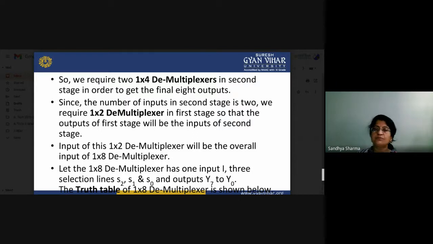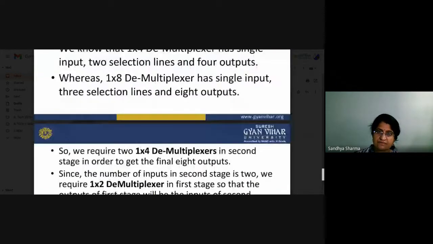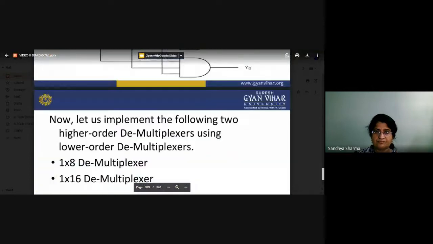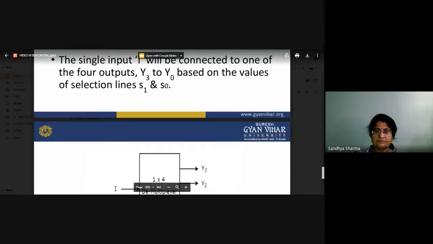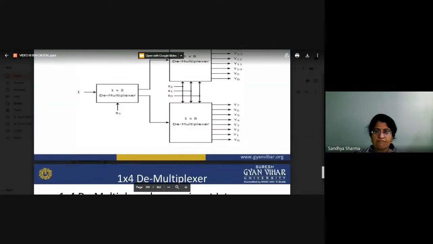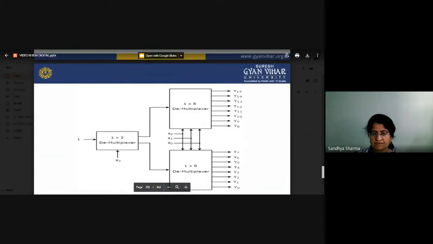So what is the input? We can see in this diagram where we have to put it. Just see here. This is the output. These are the 1 raised to 8 outputs, and this input is the final input of this one.